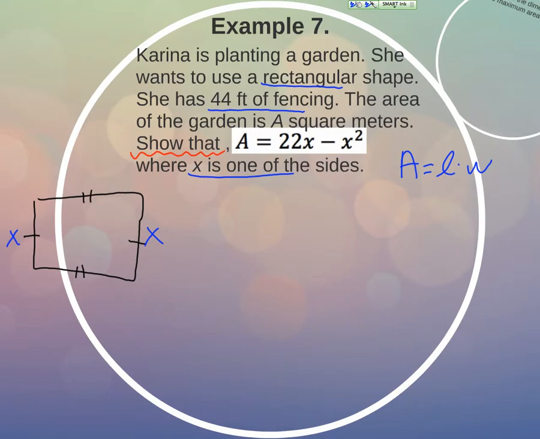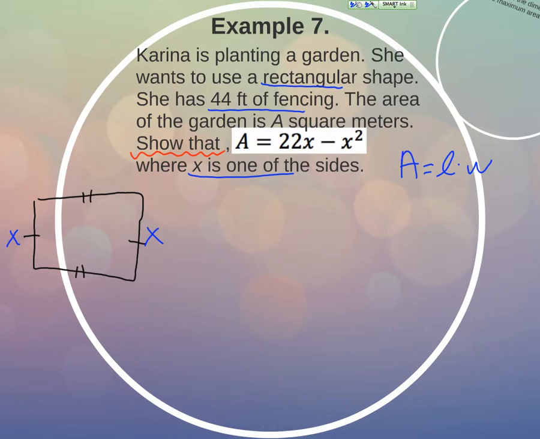So we've pretty much used all the information except for that 44 feet of fencing. Is everyone okay so far? Now, 44 feet of fencing, that's like perimeter, right? So that means if I go around this garden, I've got 44 feet to use around it. I've got the perimeter. And we know, you should know, that perimeter is, like I said, adding up all of